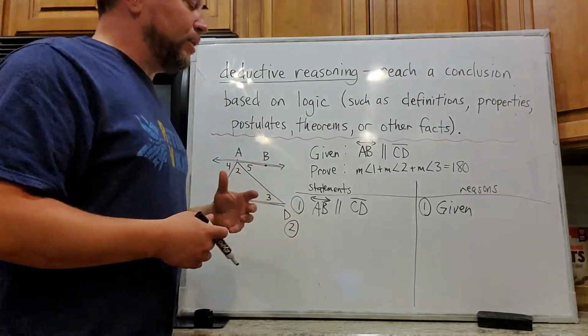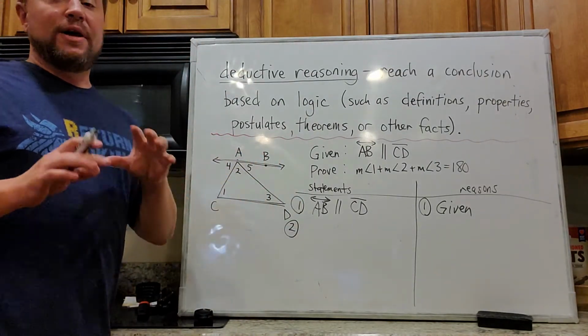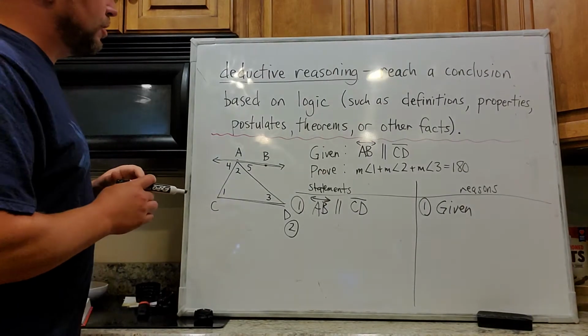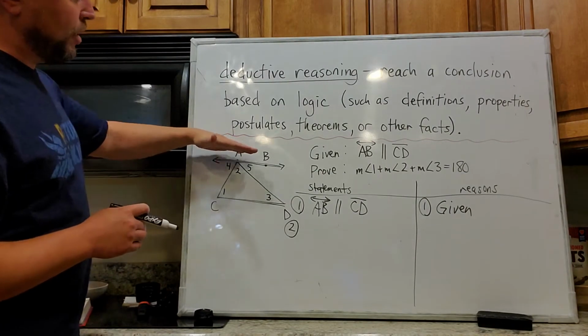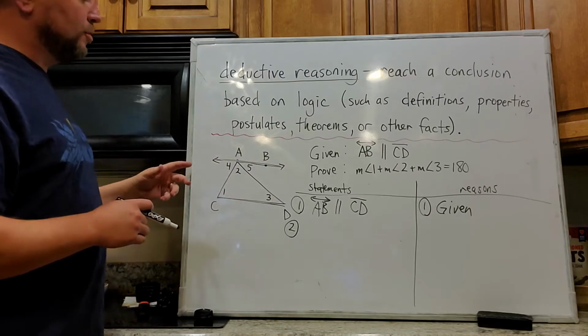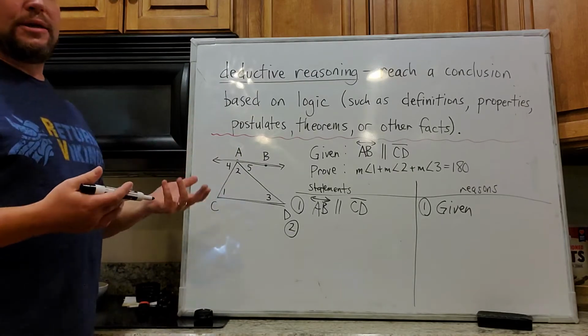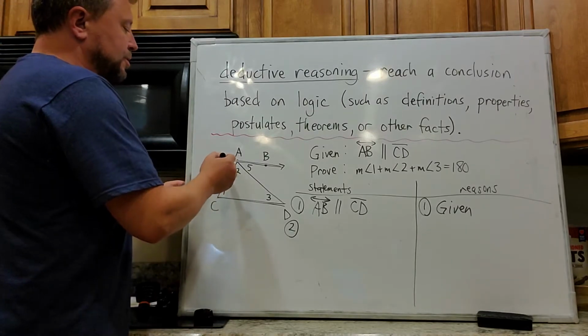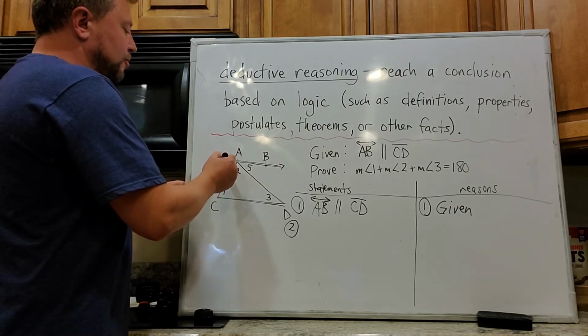Okay, so if I know those are parallel, eventually, again, this is something you haven't learned yet, but eventually you're going to learn that when you have parallel lines, there's certain angle relationships that occur. And one of those angle relationships is going to state that this angle 4 right here,